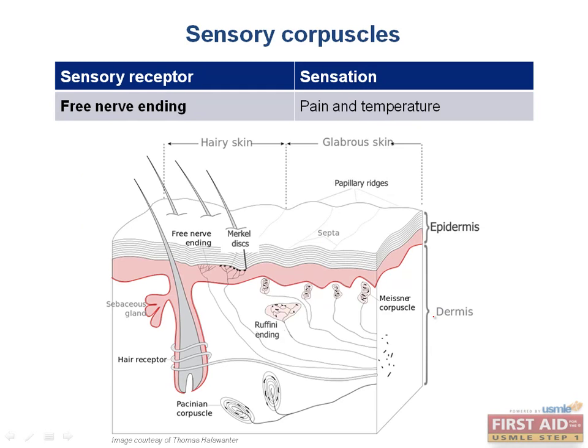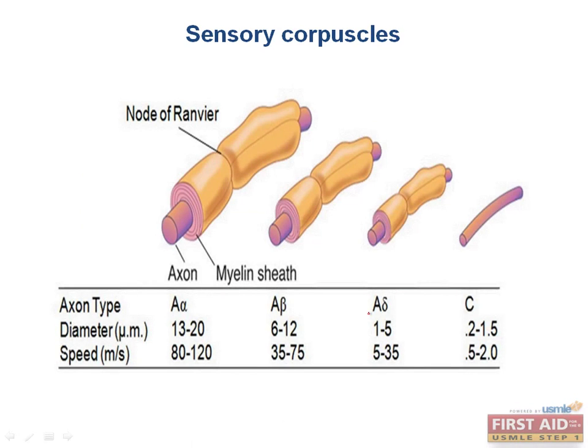Now, nociceptors contain free nerve endings, and they are made of two different types of fibers. A delta fibers are myelinated and encode painful mechanical stimuli like a sharp pricking pain, while C fibers are unmyelinated and respond to hot, cold stimuli and blunt trauma. Now, the A delta fibers encode fast and first pain, while C fibers encode longer lasting, dull second pain. This makes sense, right? The fibers that are myelinated and thus carry the message at a faster velocity mediate the message of pain to your brain.